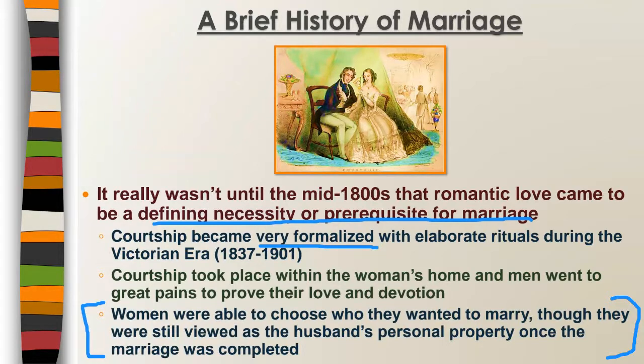The opinion of the woman and who she got to marry was of very little importance, right? However, when we get the introduction of romantic love, women start to have more of a say in who they want to marry. The whole point of courtship was so a man could prove himself to the woman so that she would choose him. So women now are able to have much more of a say in who they wanted to marry. However, even after marriage, still, the husband